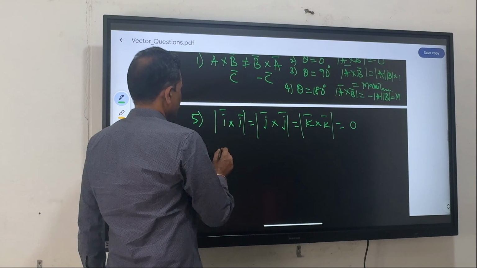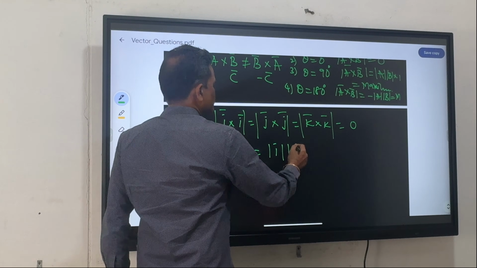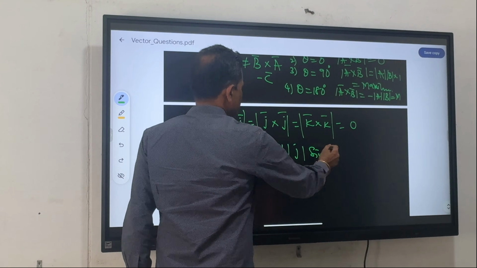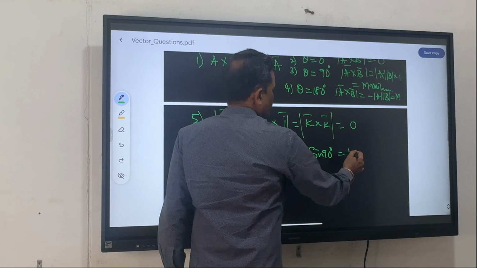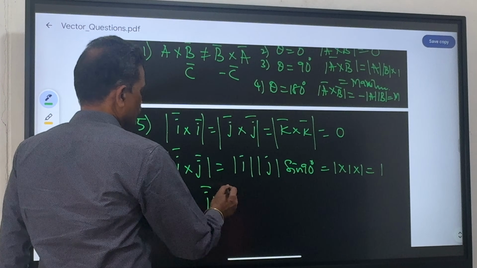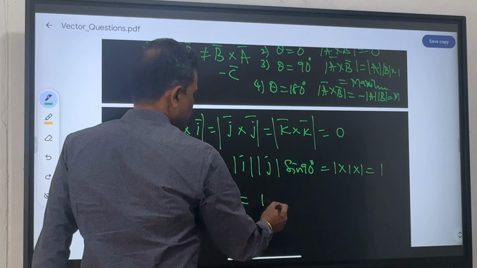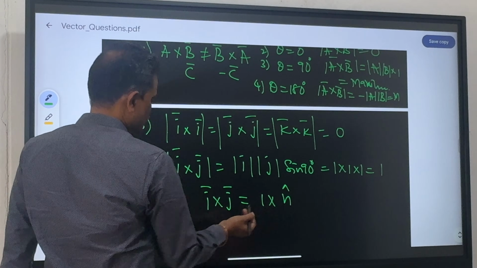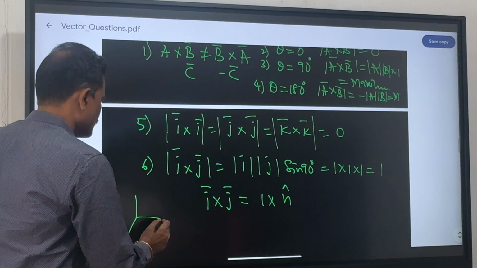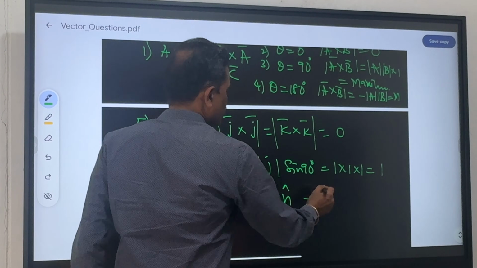The sixth property can be written as I cross J, for example. So this will be mod I, mod J, sin of the angle between I and J, which is 90 degrees. Sin 90 is 1. Mod I, mod J are nothing but 1 and 1. So it is 1. Instead of taking magnitude, if I want the cross product of simply I and J, this will be this 1 into a unit vector. This unit vector must be perpendicular to both I and J. So which vector is perpendicular to I and J? If this is I, this is J, K is perpendicular. So the answer is K. So instead of writing N, I have to write